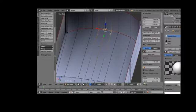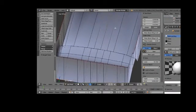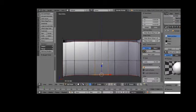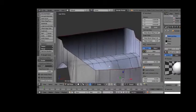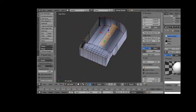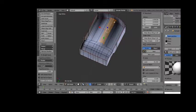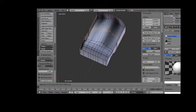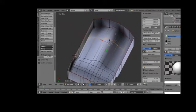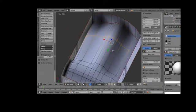And then the bell housing, well, you take the two middle segments, at least the way I'm doing it, and you raise them. Of course, in real life, this would be a little bit rounder. Typically, bell housings on GM cars were round. But this is an interior model that the player will not see very much in the games, so I'm simplifying it a little bit. I'm pushing that cross edge, if you can call it that, up a bit because the